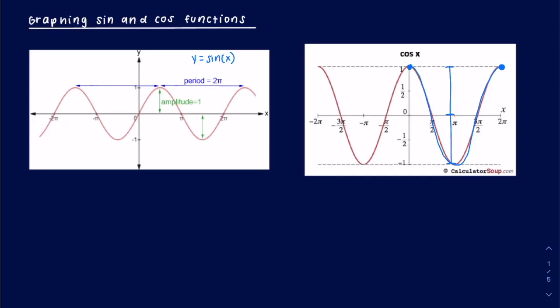Hi everyone, in this video I'm going to be showing you guys how to graph sinusoidal functions. So the image on the left is the graph of the sine function. As you can see, the distance from the center to the maximum height is the amplitude. Similarly, the distance from the center to the minimum height is also the amplitude. So think of the amplitude as basically half of the height of the function, or maybe the radius of the